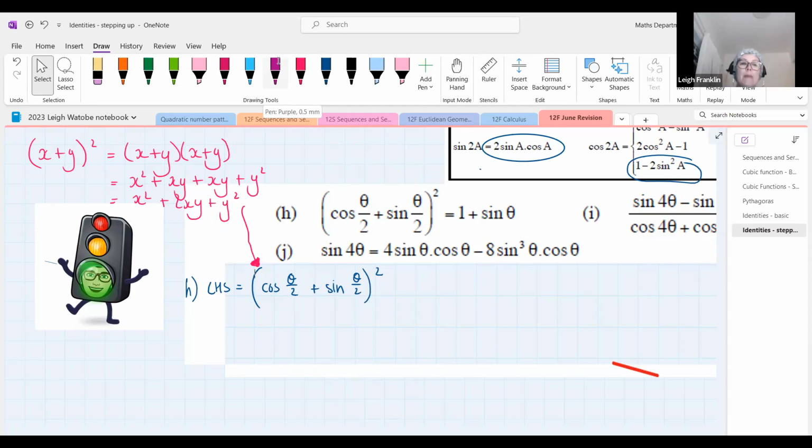No. So remember, you're not working with the angle. Okay, you're working with the ratio. The ratio is cos theta over 2. Okay, so the denominator of 2 belongs to the angle. It doesn't belong to the ratio. So in other words, if you have got cos